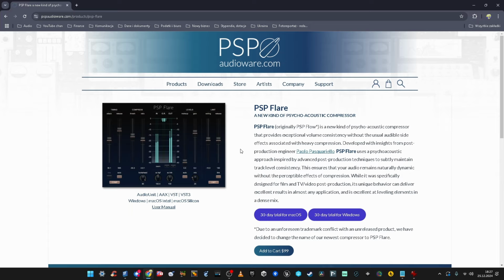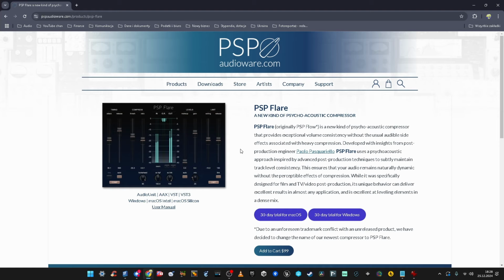PSP Flare. It's a psychoacoustic compressor, revered for its smoothness and transparency. And you know what? It's true, I have tested it out, especially on vocal content and dialogue content. It sounds great. It did not replace my Pro-C 2 for good in any film style compression where I need to be totally precise and transparent on dialogues, but I use it more and more often.